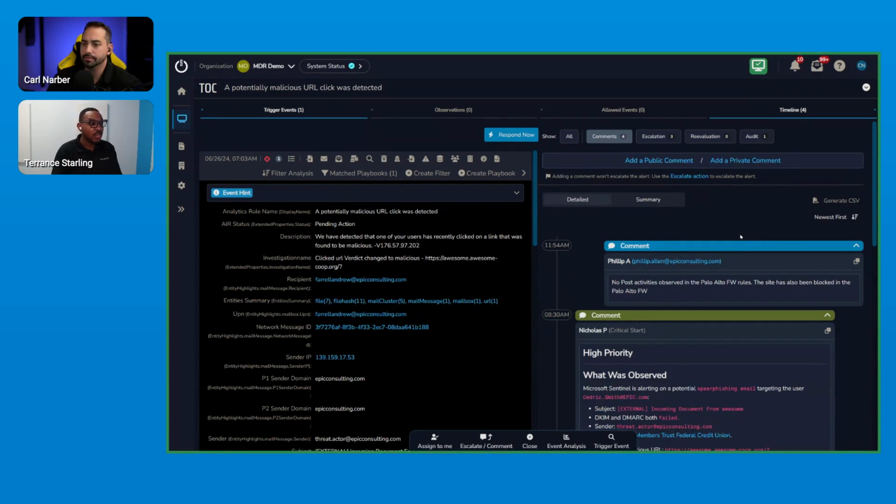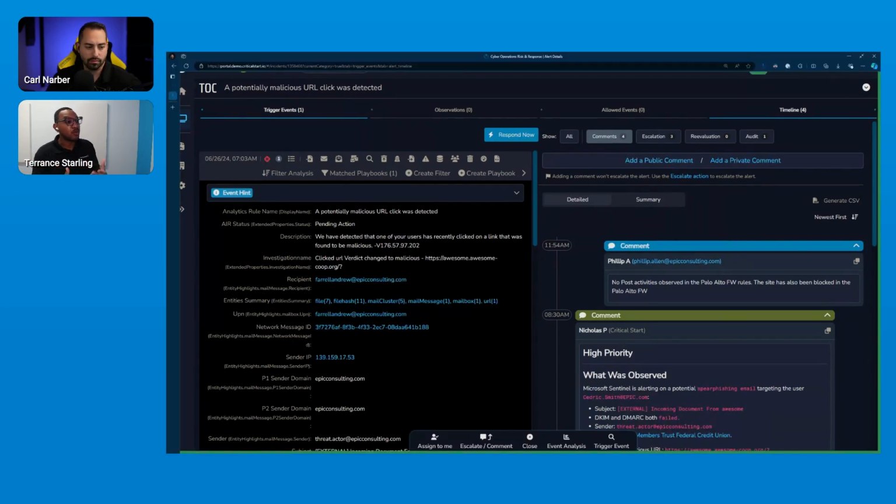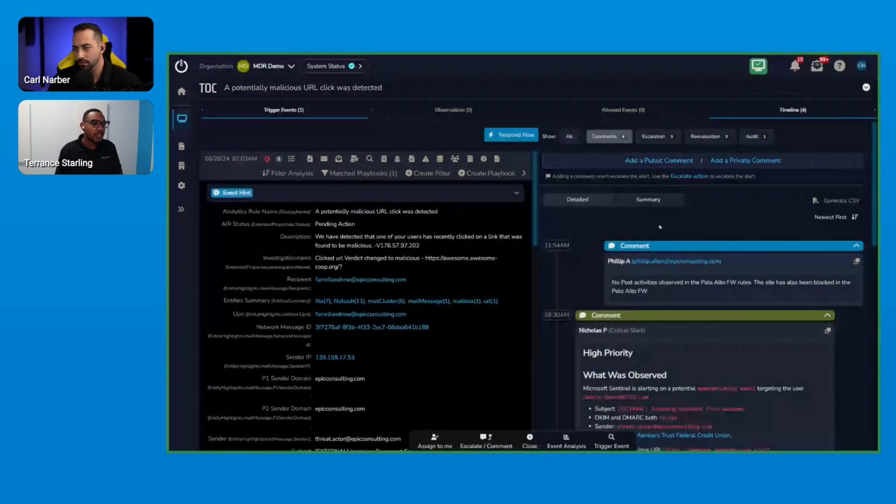That can change the level of priority. If those are at 0 in the log, it might not really be a concern in the immediate, to the point where we have to send that up as a high and call you at 3 a.m. to tell you, hey, we may have seen a click, right? These are all things we're taking into account to make sure that we're providing you guys value and also ensuring you're not getting that alert fatigue.